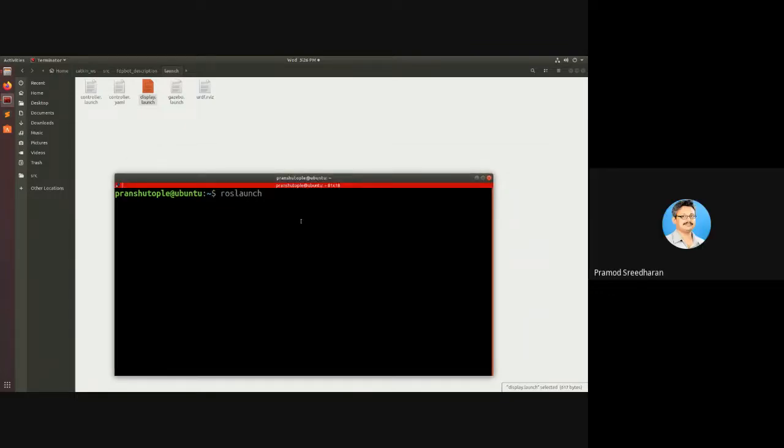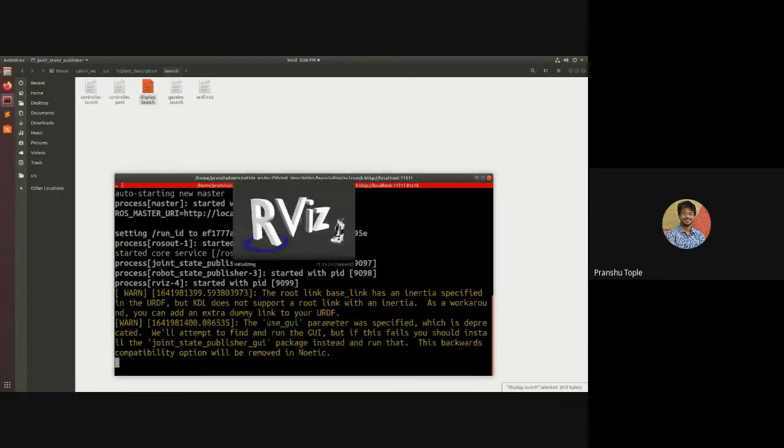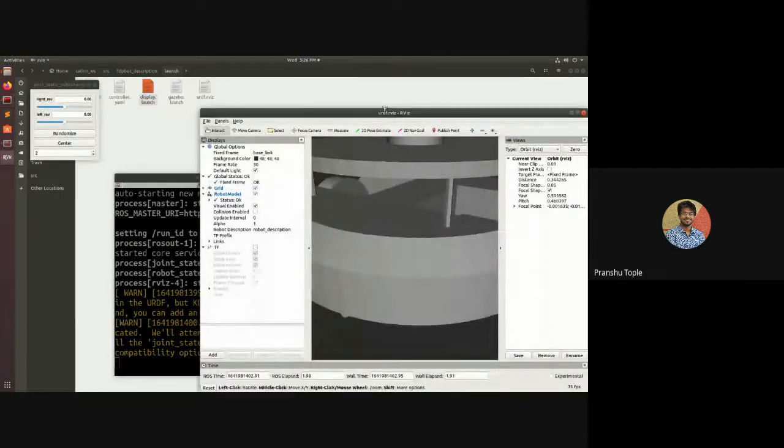Yes, I will type roslaunch, then the name of the package, which is FDP bot underscore description. And finally, the name of the launch file. So let's start with display.launch. It will start our RViz and it will show us our robot.